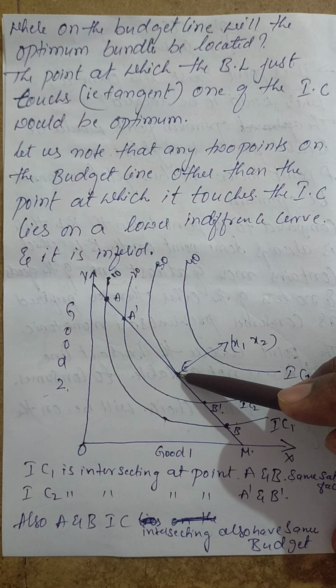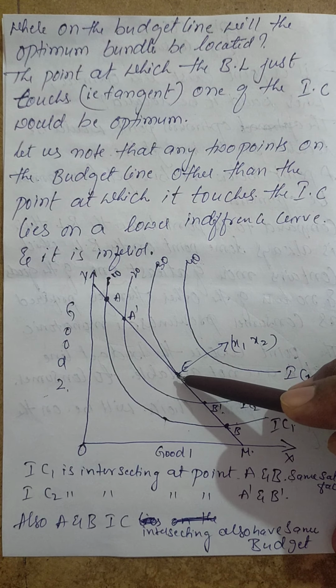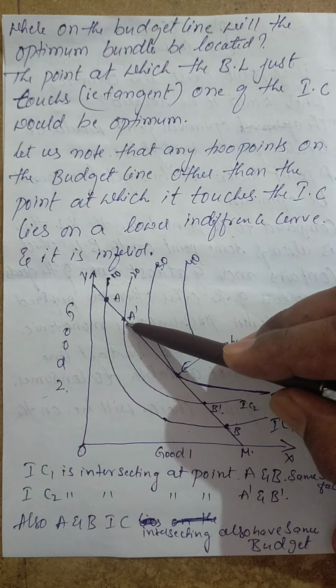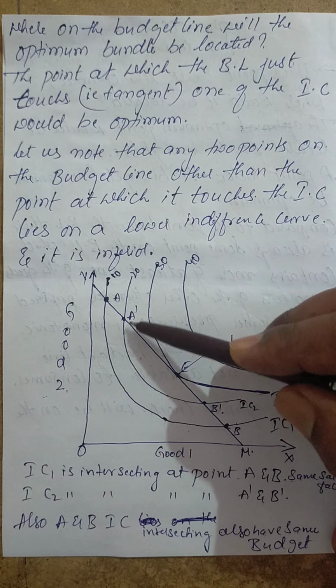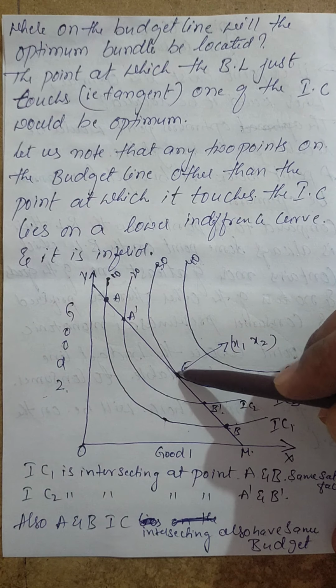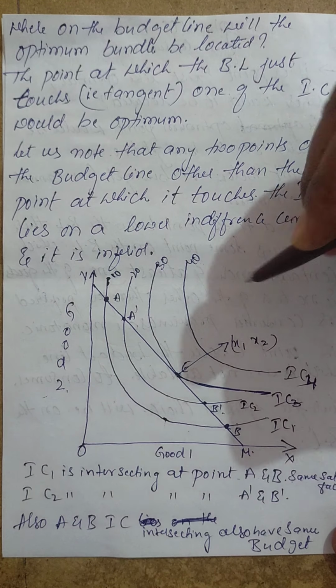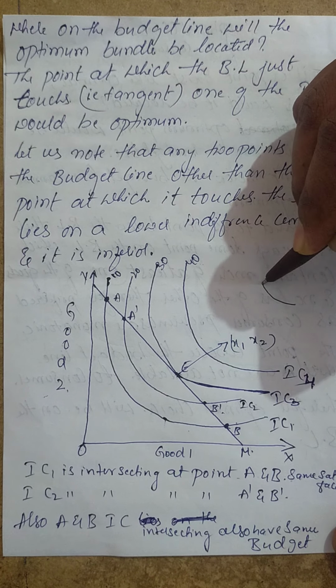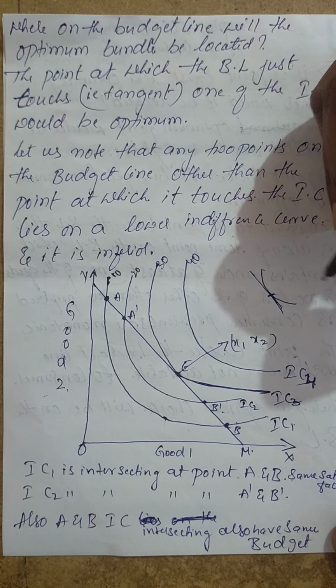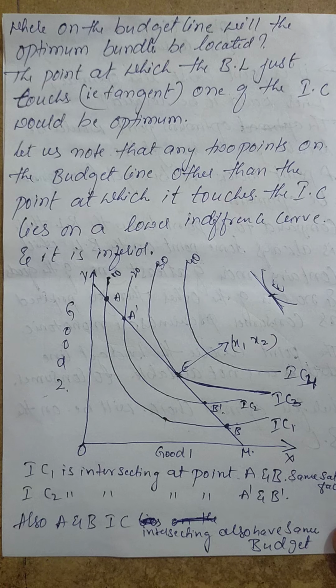Here there is one single point of intersection, at this particular point. At this point, goods x1 and x2, even here also x1 x2, here also x1 x2, there is a satisfaction level. But here it is intersecting exactly at this particular point. So at this point, the curve becomes straight. Here you should observe the curve will become like this, and this becomes a tangent.